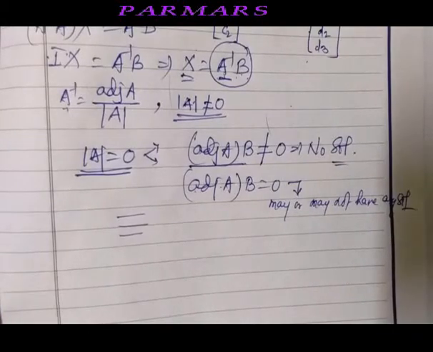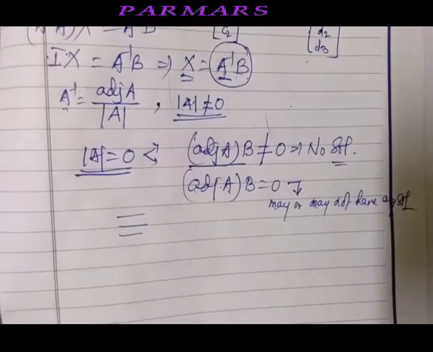For that, take any variable as a constant, and convert any two equations in terms of only two variables. Whichever variable we take as constant k, the other two are the two variables. Solve in two variables in terms of k, and put the values of x, y and z in the third equation. If the equation is satisfied, the system has infinitely many solutions. For different values of k, you will get different sets of solutions. And if the third equation is not satisfied, the system has no solution. So this is what this topic consists of.